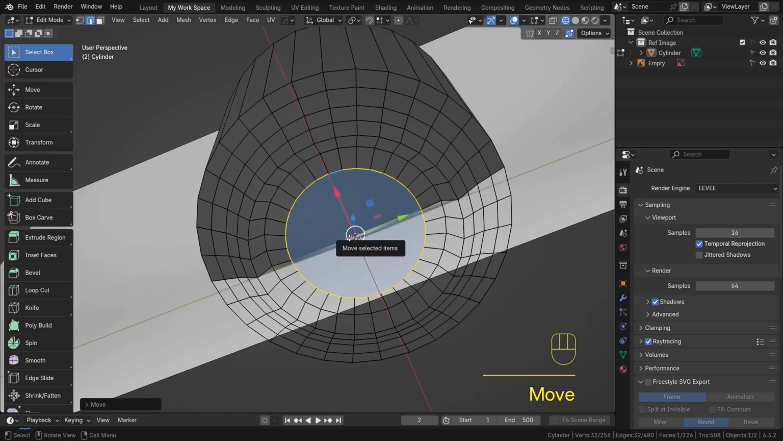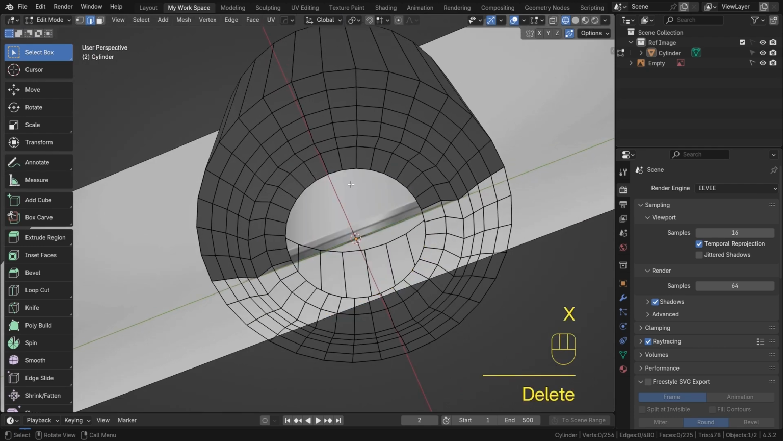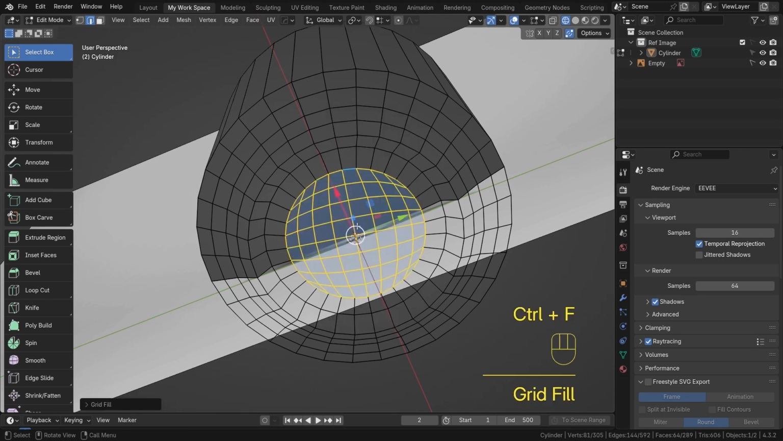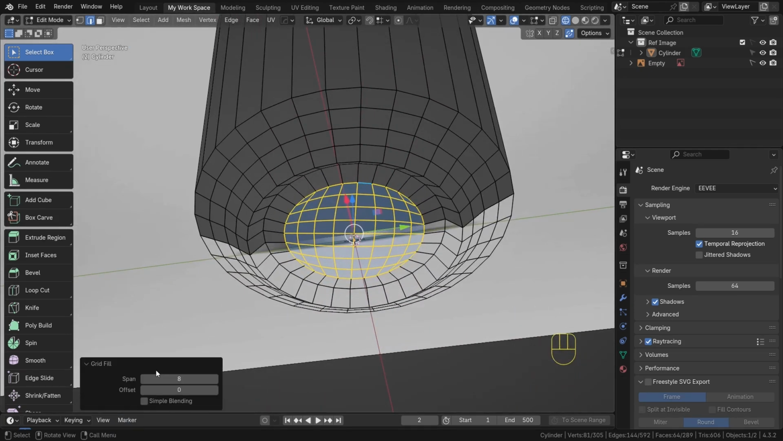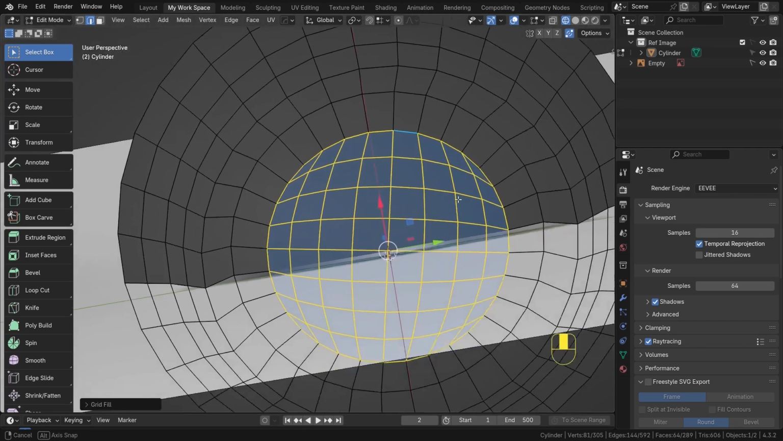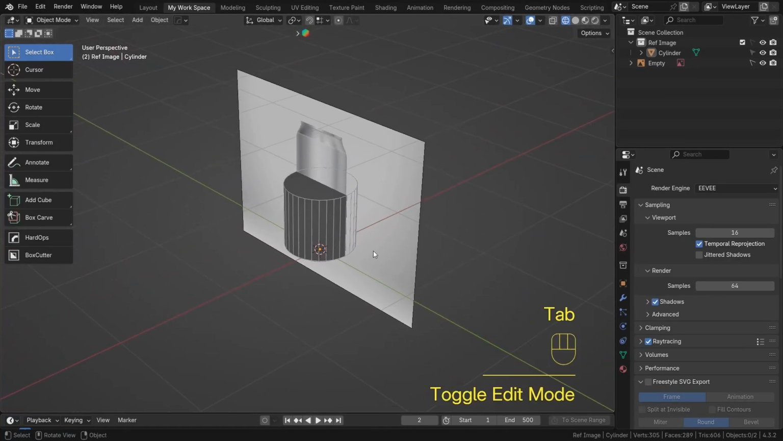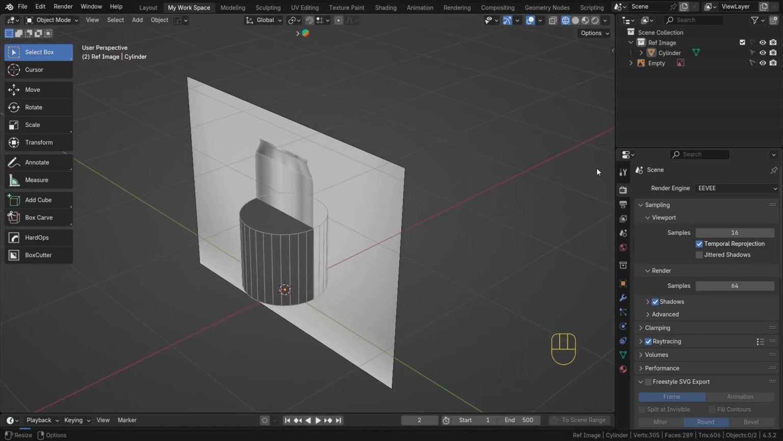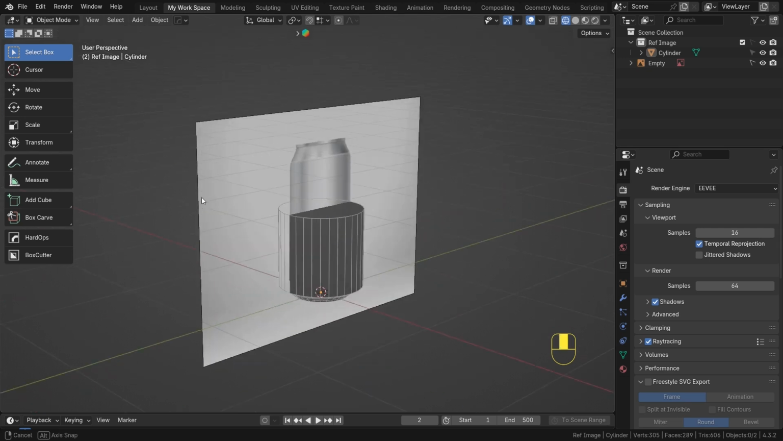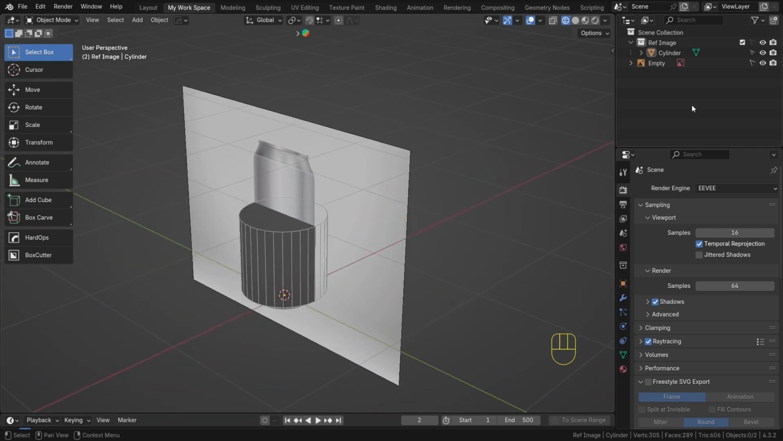Okay, and I will delete this face and go in edge mode and grid fill, Control F. Now you can set the span and offset value to adjust your grid. Okay, yeah, now this is good for me. Now I will shift this reference image on the x-axis so that it will not disturb. Okay, so again I enable and select this